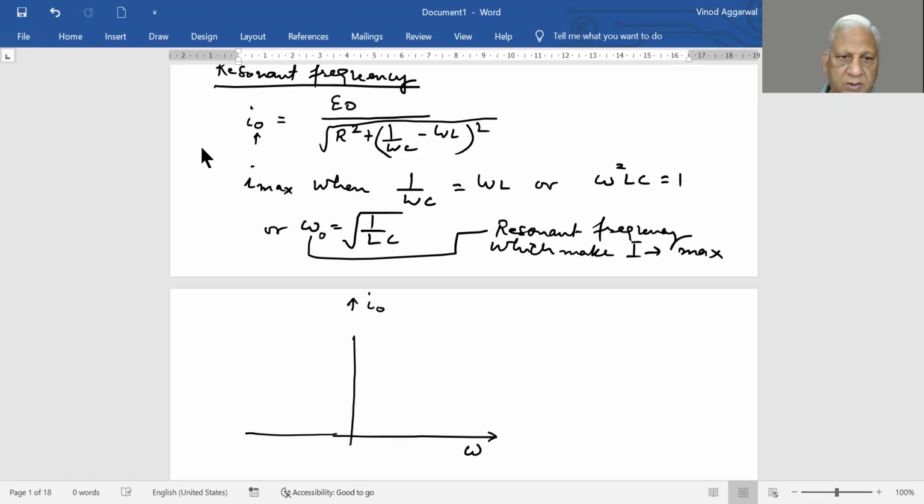And we will see this curve is something like this. Current is maximum at resonant frequency, right? And the sharpness of the peak is dependent upon a term called quality factor, which is equal to